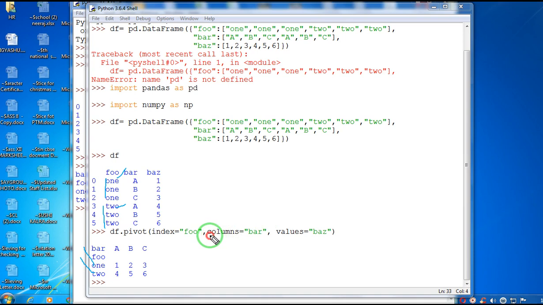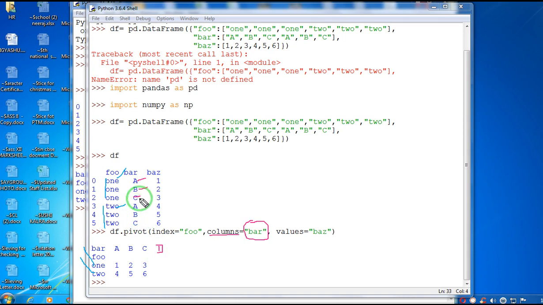Then comes the next argument, that is columns. Whatever column name you have specified in the columns argument, its unique values will become the columns. So the unique values of this column are A, B, and C, because A, B, C are repeating. If there were a D over here, one more column D would come.